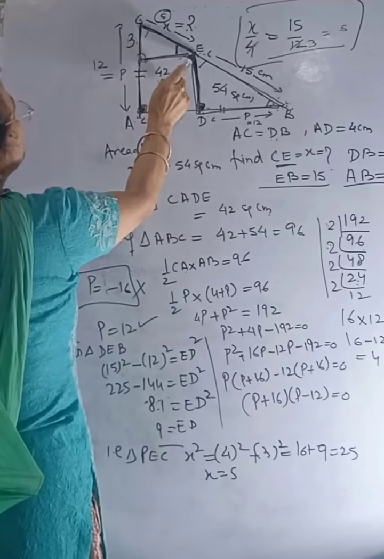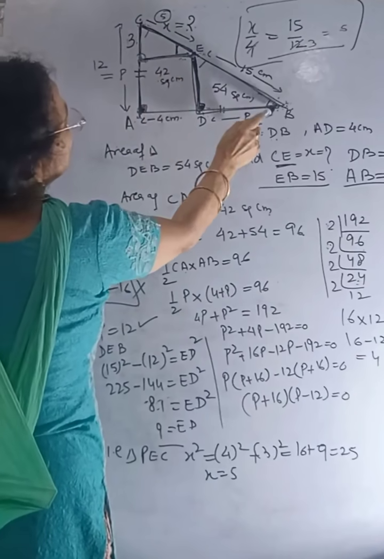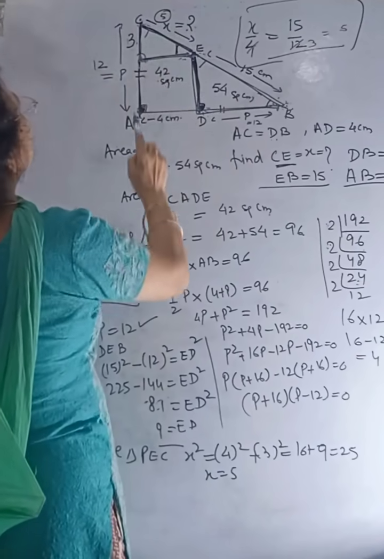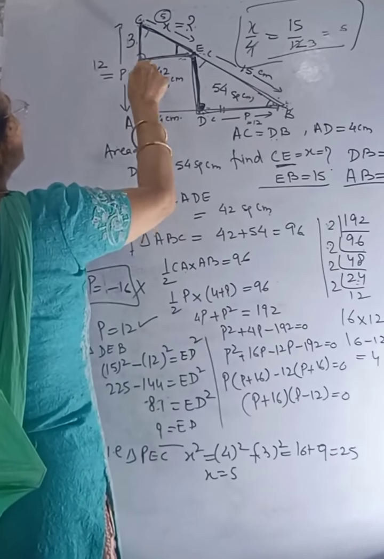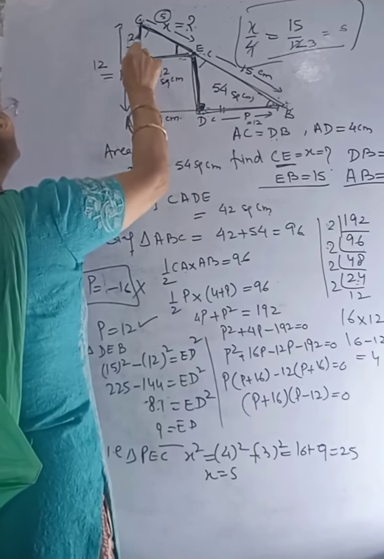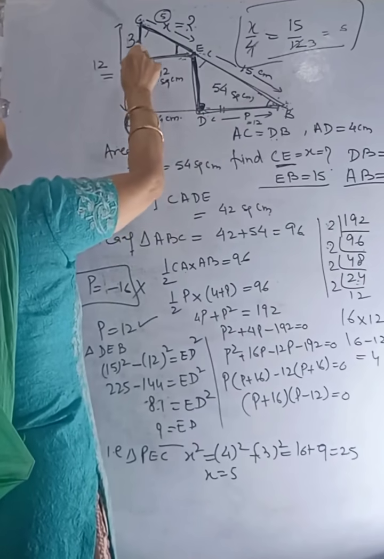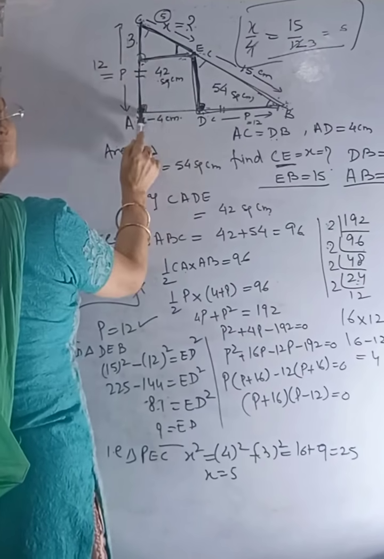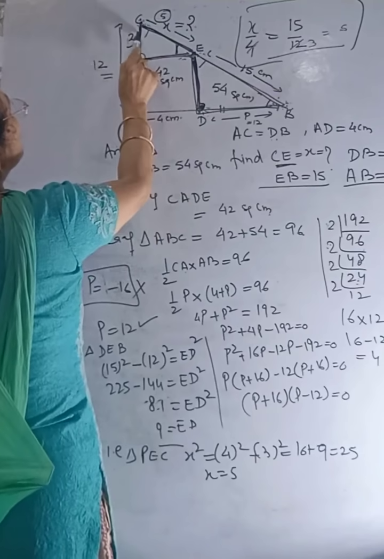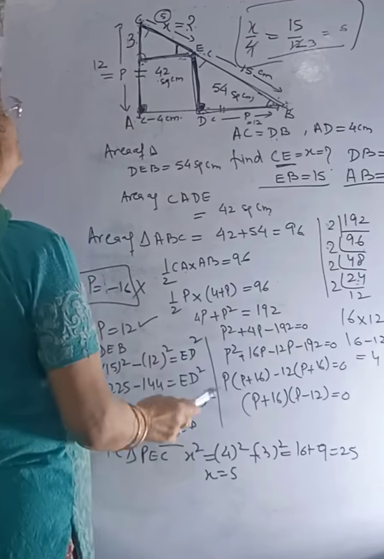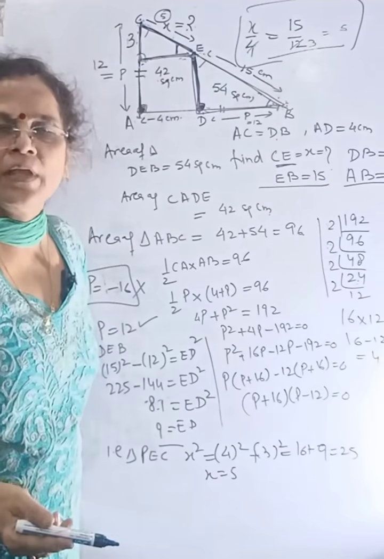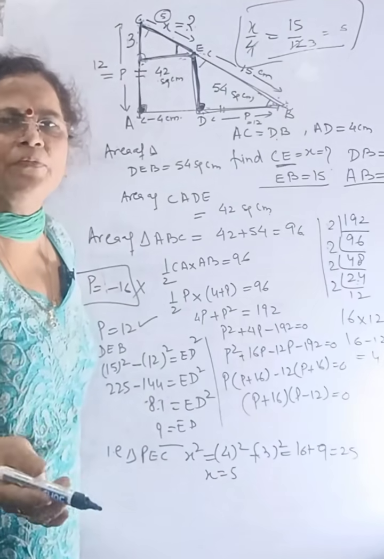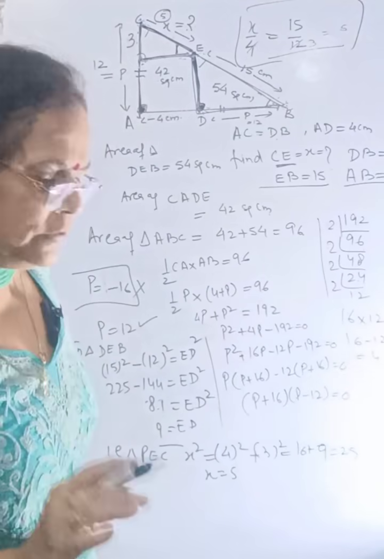You can compare this upon this will be equal to this upon this. Or you can find this is 12, out of which 9 is obtained first. Then 12 minus 9, this is 3. And this already 4 is given to us. This is 4, this is 3, this will be 5. Okay. It is very easy. And another, this is a different tip. You can choose whichever way you like.